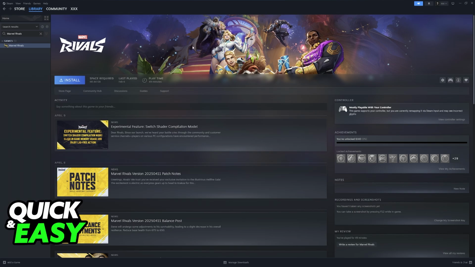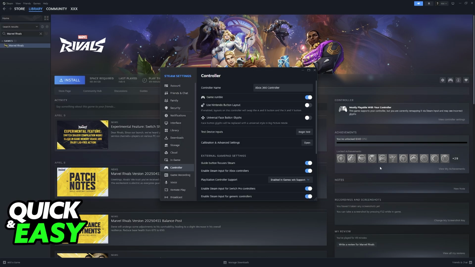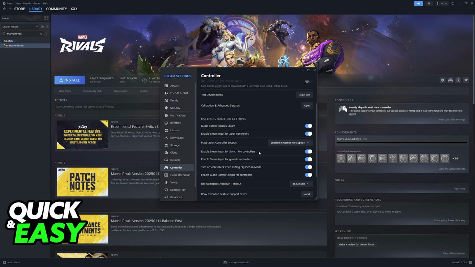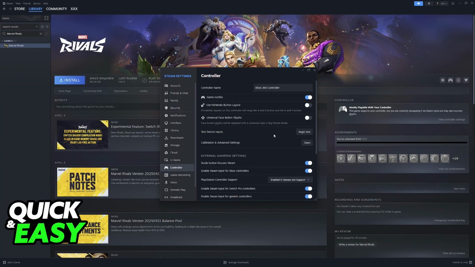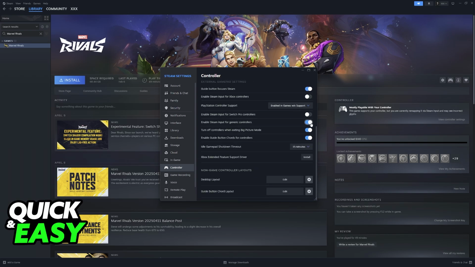So to start, you can manage the controller settings by clicking on Steam at the top left, going over to the settings option, and in here, go to the controller category. Now you can enable or disable Steam input for all sorts of controllers. So your controller should be detected at the top, and if all you want to do is disable this altogether, just make sure that you tick all of these options off, especially the ones that say enable Steam input for